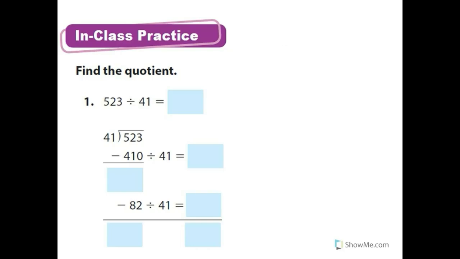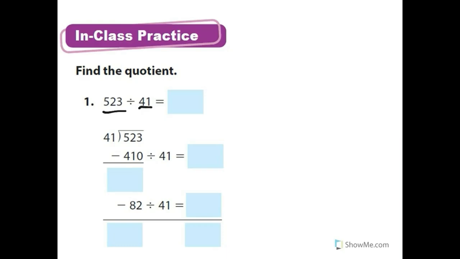Because honestly, I'm wondering, where did they get 410 from? Well, when we think about 41 going into 523, can I put 10 groups of 41 into 523? Well, yeah, that's going to be 410. That's where they got the 410 from. Well, why did they get 10 instead of 20? Well, remember, 20